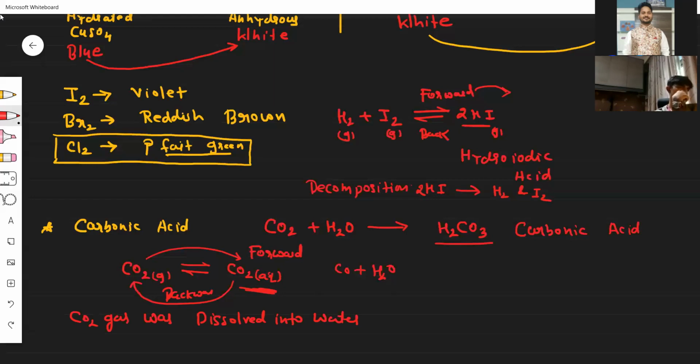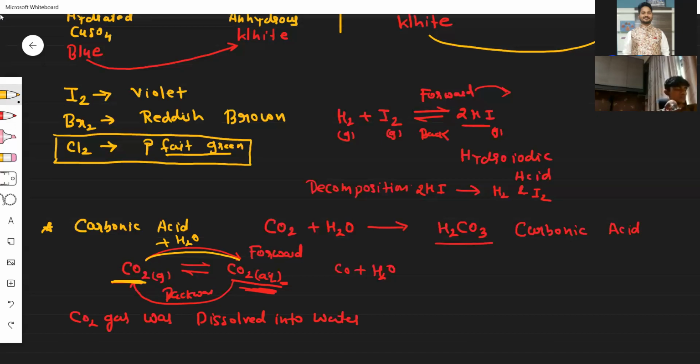If you see CO2 aqueous, it is like CO2 plus water only. So when you open the soft drink bottle, you experience there is an evolution of gas happening. The gas which was initially CO2 aqueous is now in the form of CO2 gas. So I mean to say that when you are putting CO2 plus water, this is called a forward reaction. When you are removing CO2 from water, it's called a backward reaction. I hope you got the basic difference between the two. Yes or no? Okay.